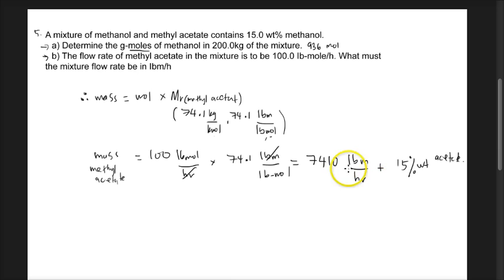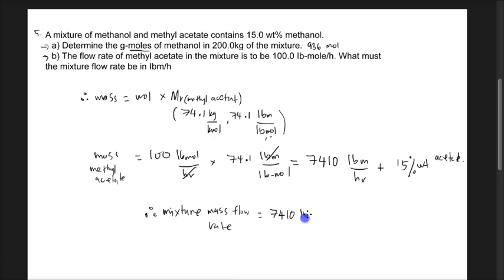Alright, so this is only 85%. So the mixture mass flow rate is